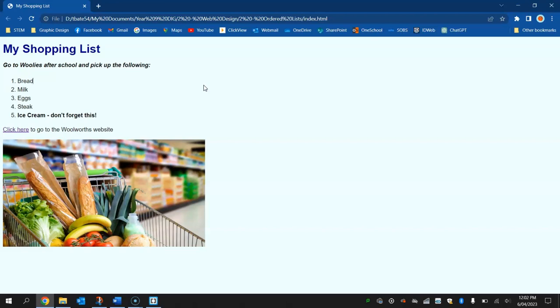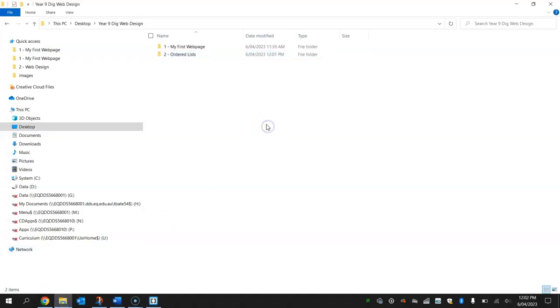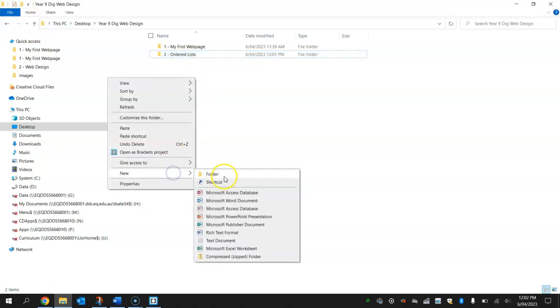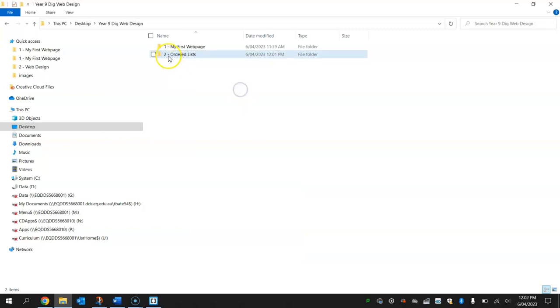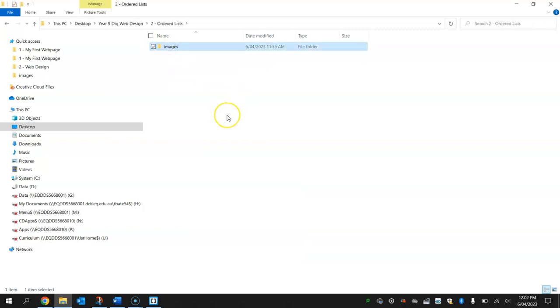Okay, so to get started, first thing you need to do is set your folders up. So jump over to your account, and you should have a folder created already from the previous video tutorial. We're going to make another new one now called number 2 ordered lists. Remember to press that yellow folder at the top to make a new folder, or just right click, go to new and select folder. Once you've named it number 2 ordered lists, inside of there, make another new folder called